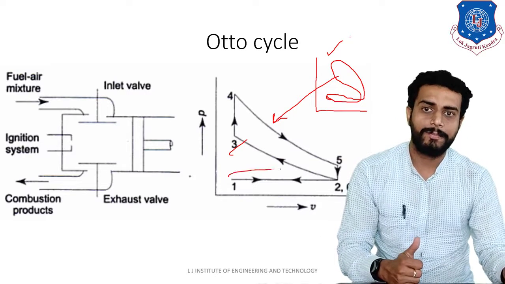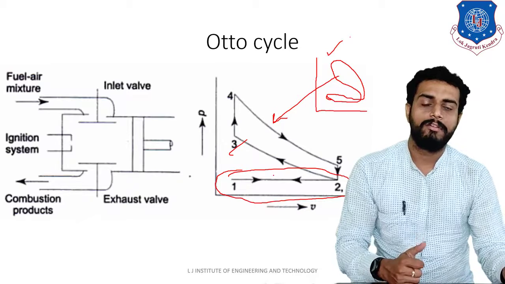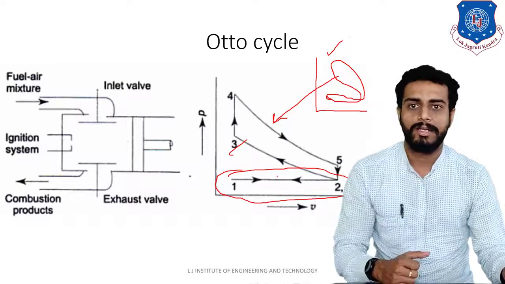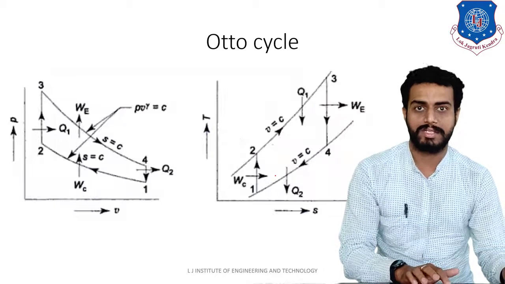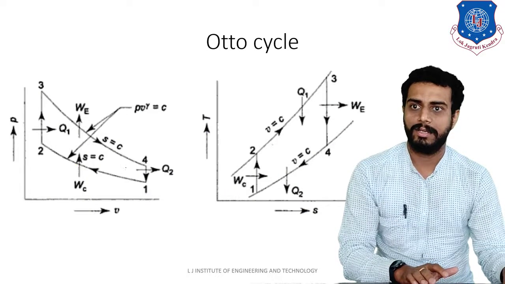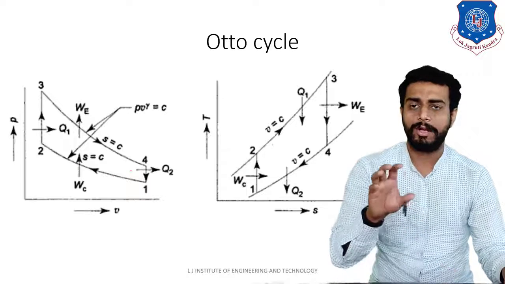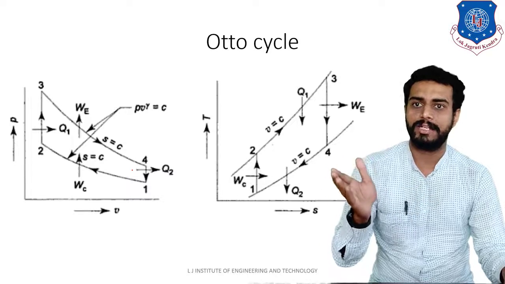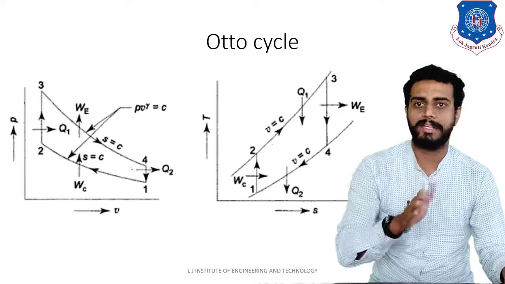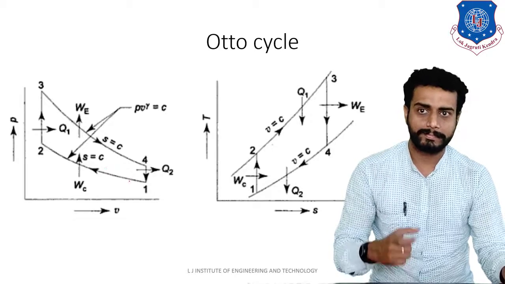See, here if you observe, then this 1 to 2 and 6 to 1 will cancel the effect of each other, right? So that is why during the thermodynamic cycle, it is not considered. So that is why you can observe that here there are only 4 processes. And in order to have a better idea of the Otto cycle, I have represented PV and TS diagram both simultaneously on the screen. So now let us understand again the processes.